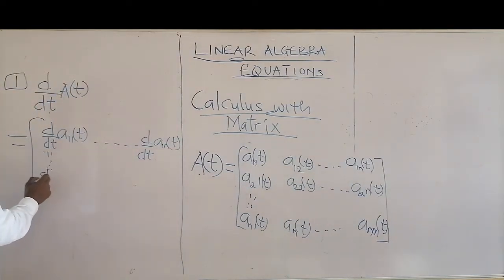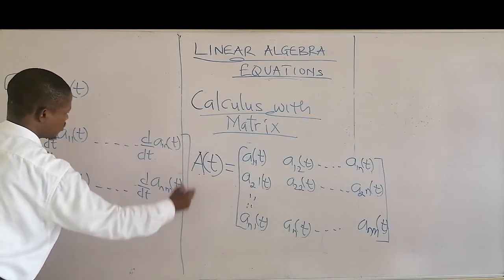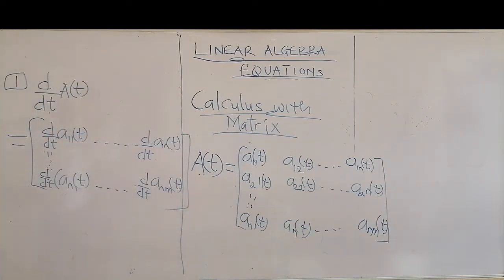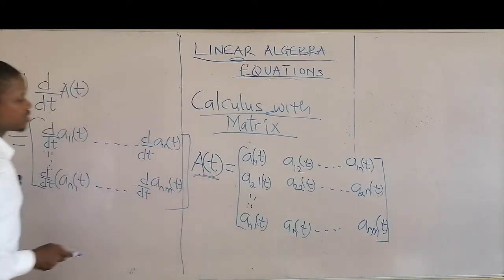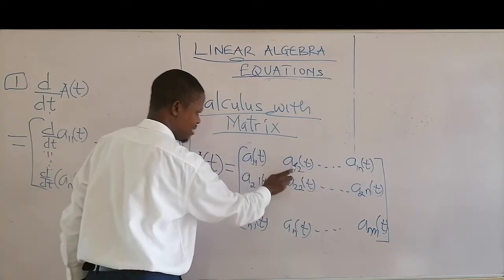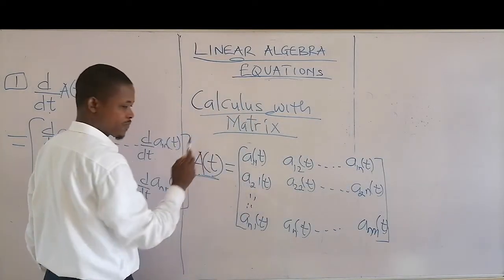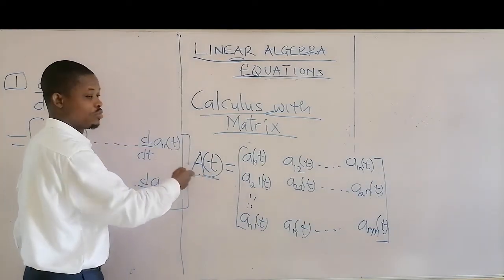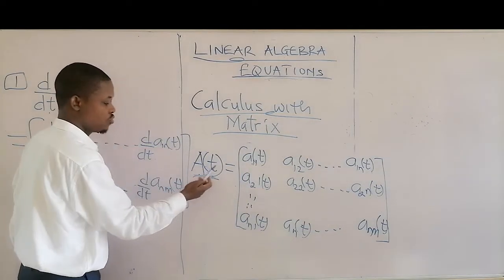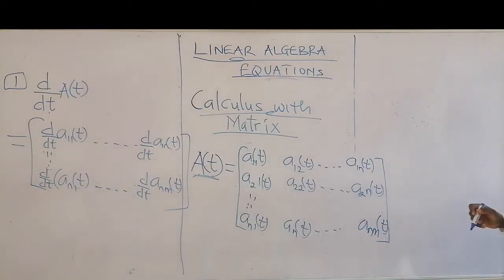You can skip it and go to d/dt of An as a function of t. What we are saying is that if you want to find the differential coefficient of this matrix, you just go to each element of the matrix and differentiate it with respect to t. It's not necessarily t; it could be any function you are given. So that's that on differentiation.